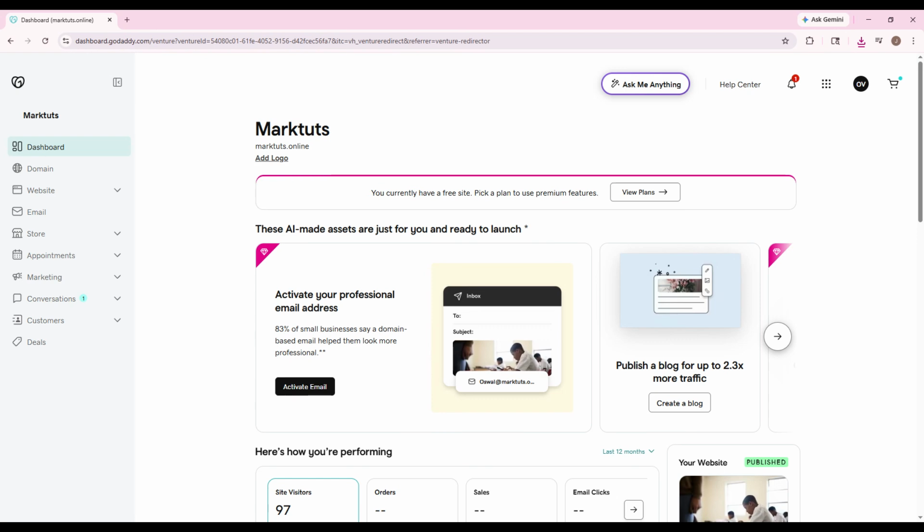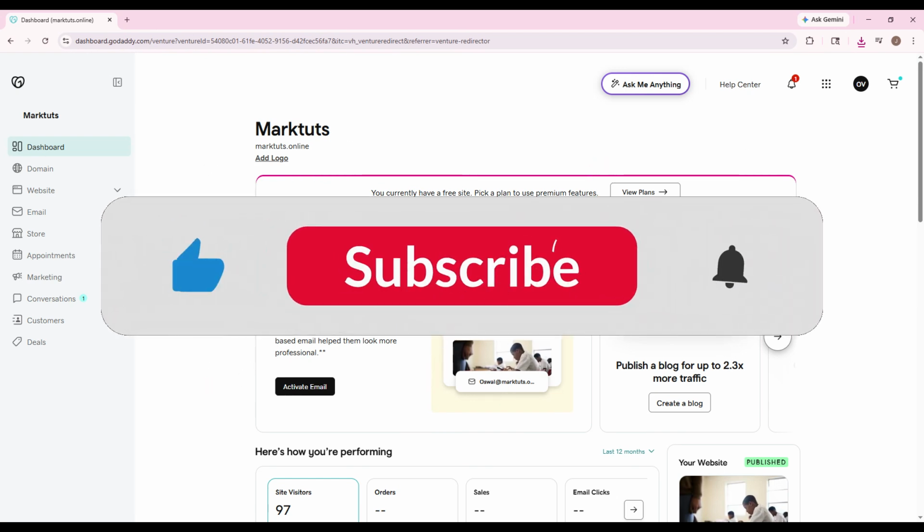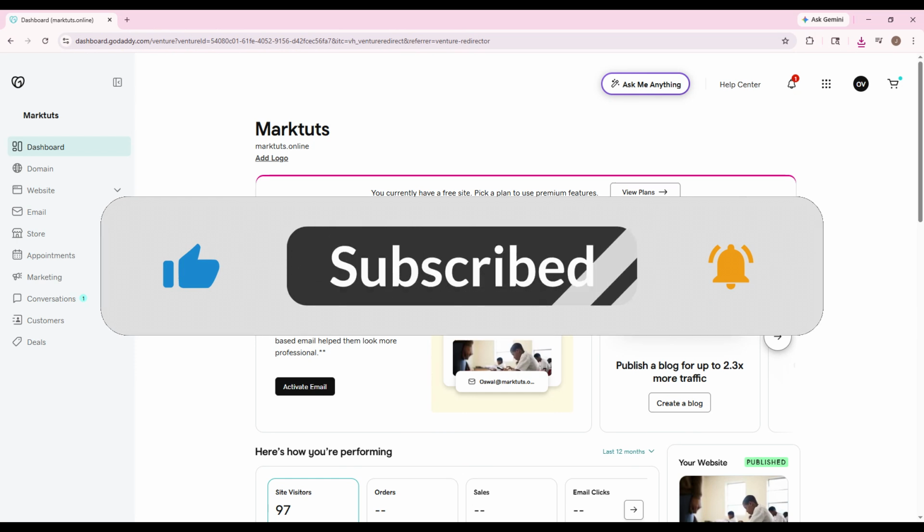This is a simple process, but if you've never done it before, it can feel a little confusing, especially if you're moving between GoDaddy, hosting, and email settings. By the end of this tutorial, you'll know exactly where to click and how to get into your GoDaddy email